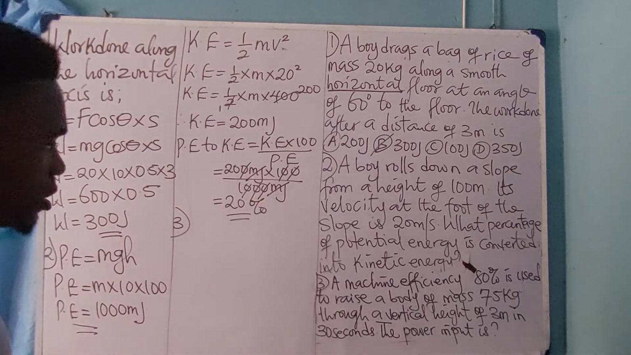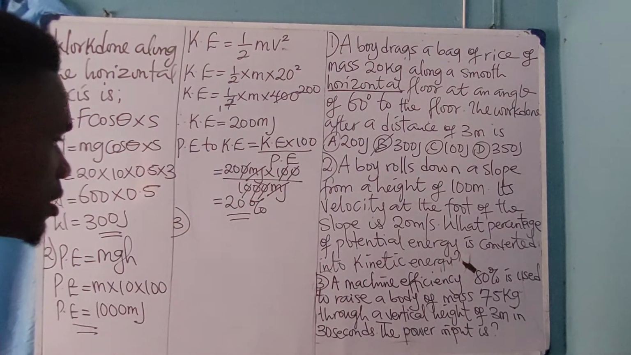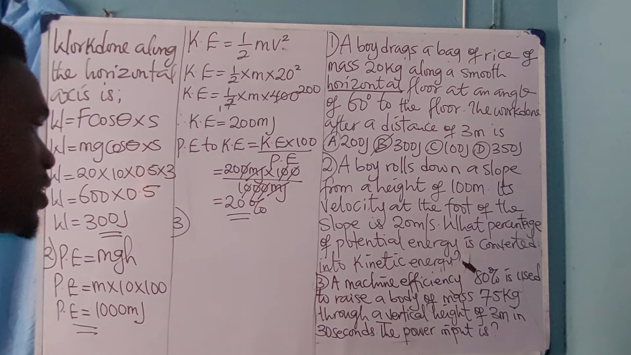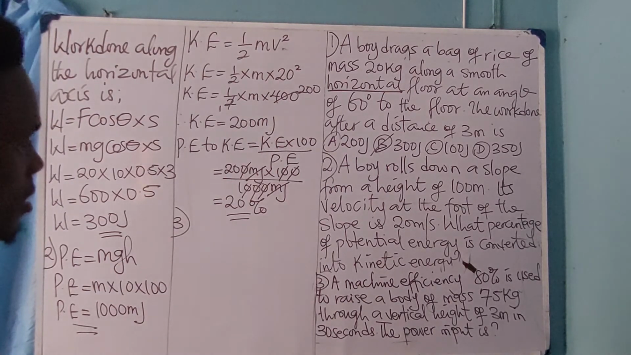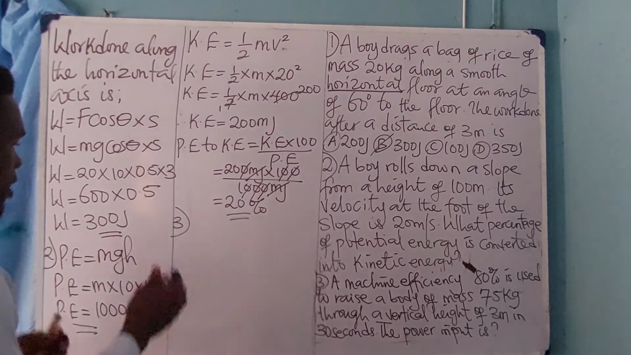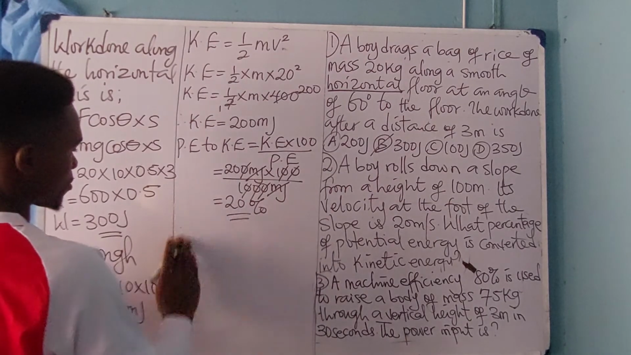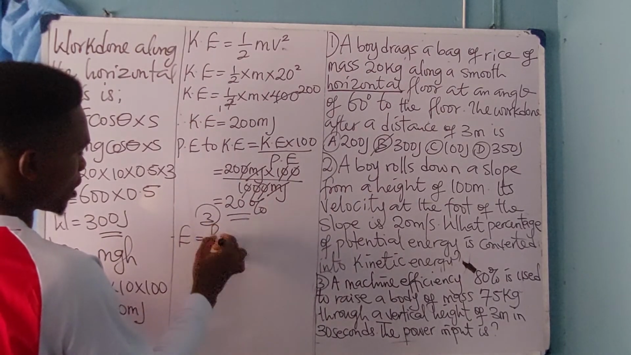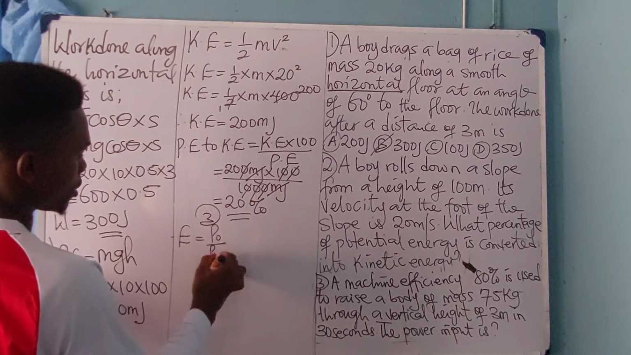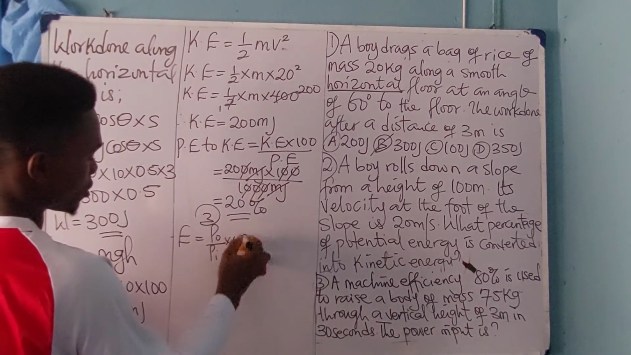Number 3. Now, a machine whose efficiency is 80% is used to raise a body of mass 75 kg through a vertical height of 3 meters in 30 seconds. The power input is dash. Now, I told us that efficiency is usually power output over power input times 100 over